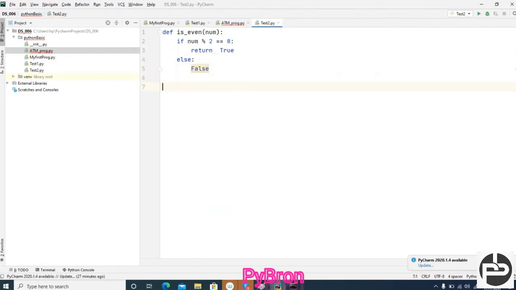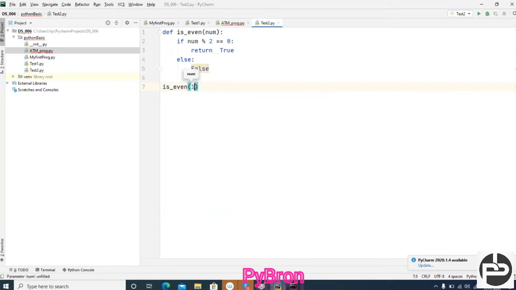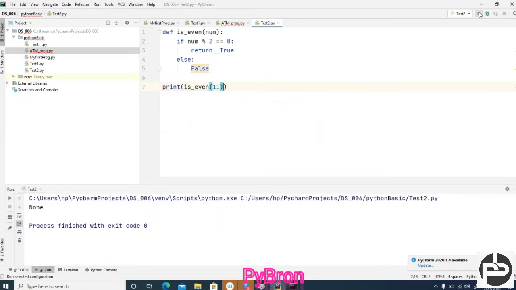Now let me try this. I'm going to call this is_even method, pass 11, and print it. What should it return, true or false? Why is it returning None?